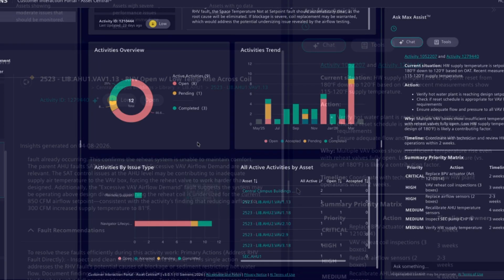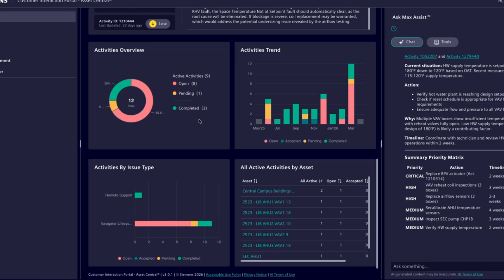out of your service. Lastly, an activities page where you can see how your service is trending, which items are open and which have been completed, and what's next for the Digital Service Center inside of your Asset Performance Advanced